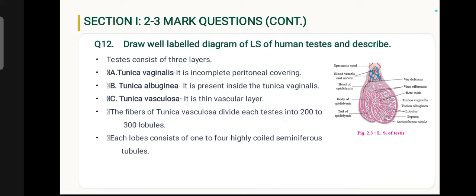Draw well-labeled diagram of LS of human testis and describe. Testis consists of 3 layers: tunica vaginalis, tunica albuginea, and tunica vasculosa. Tunica vaginalis is incomplete layer, whereas albuginea is present inside the tunica vaginalis, the middle layer, and vasculosa is thin vascular layer. The vasculosa layer divides testis into 200 to 300 lobules, and each lobe consists of 1 to 4